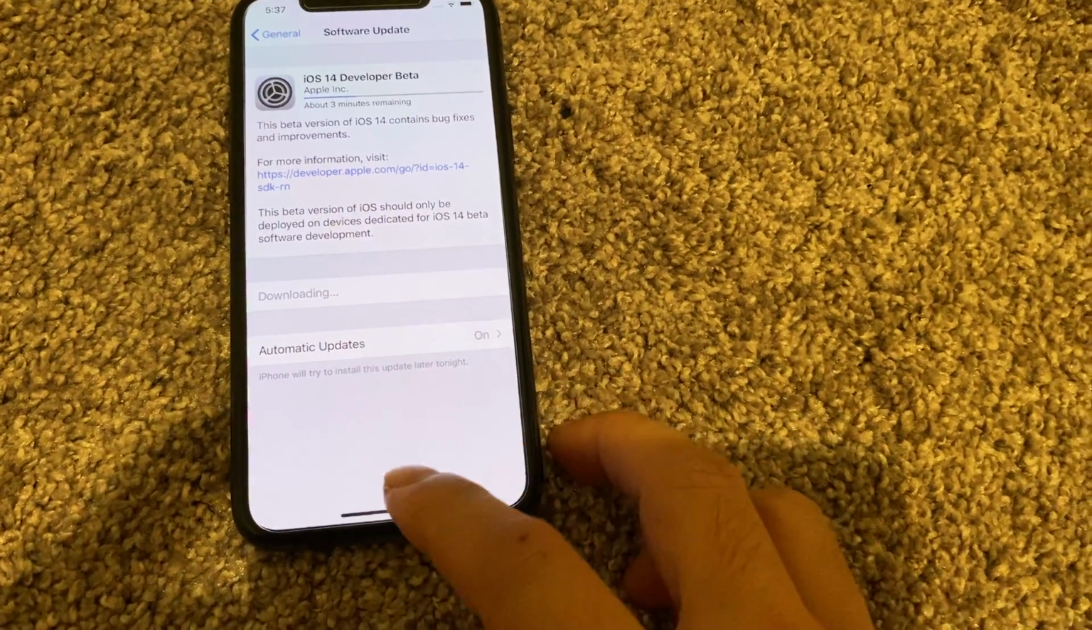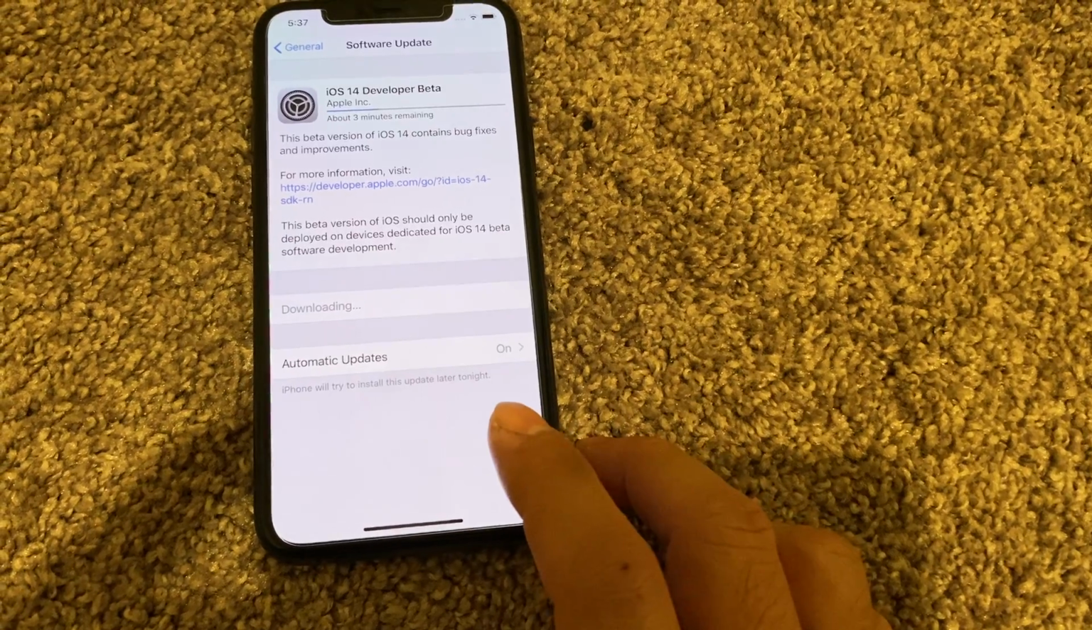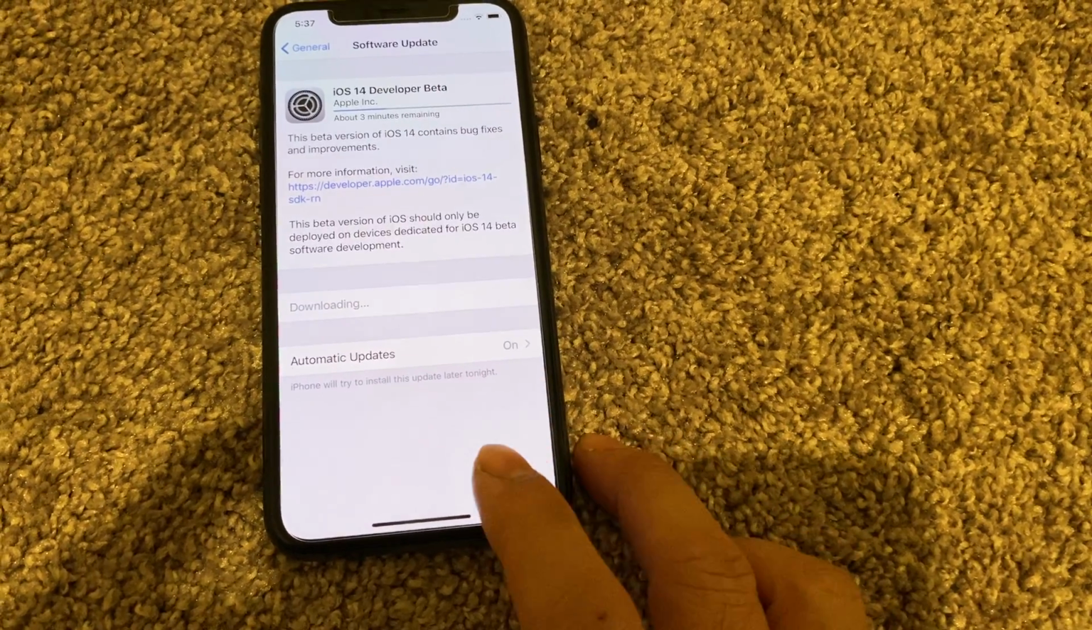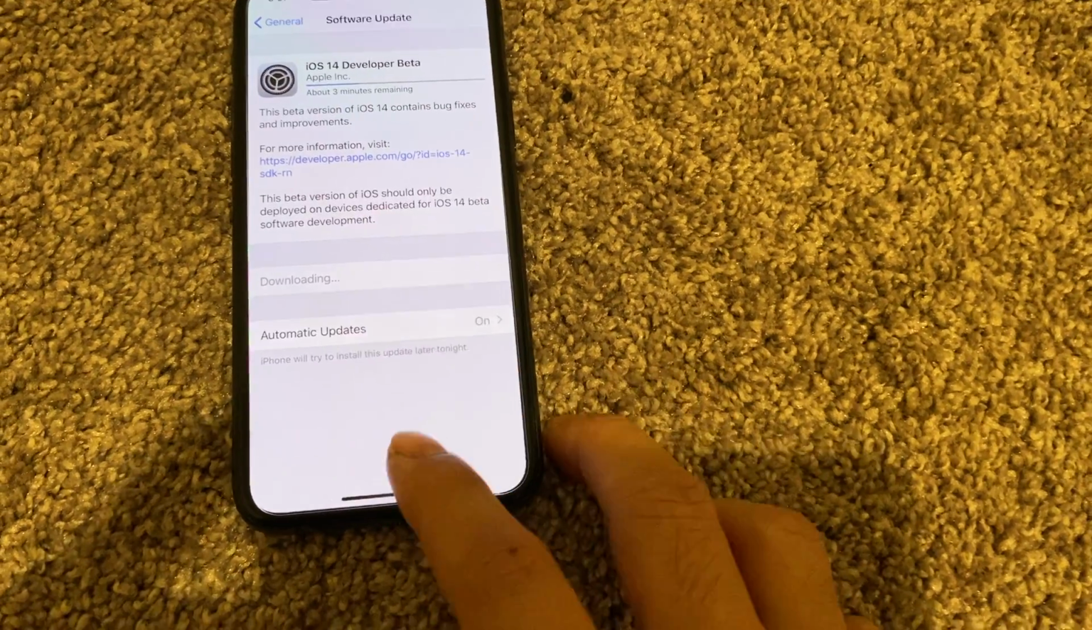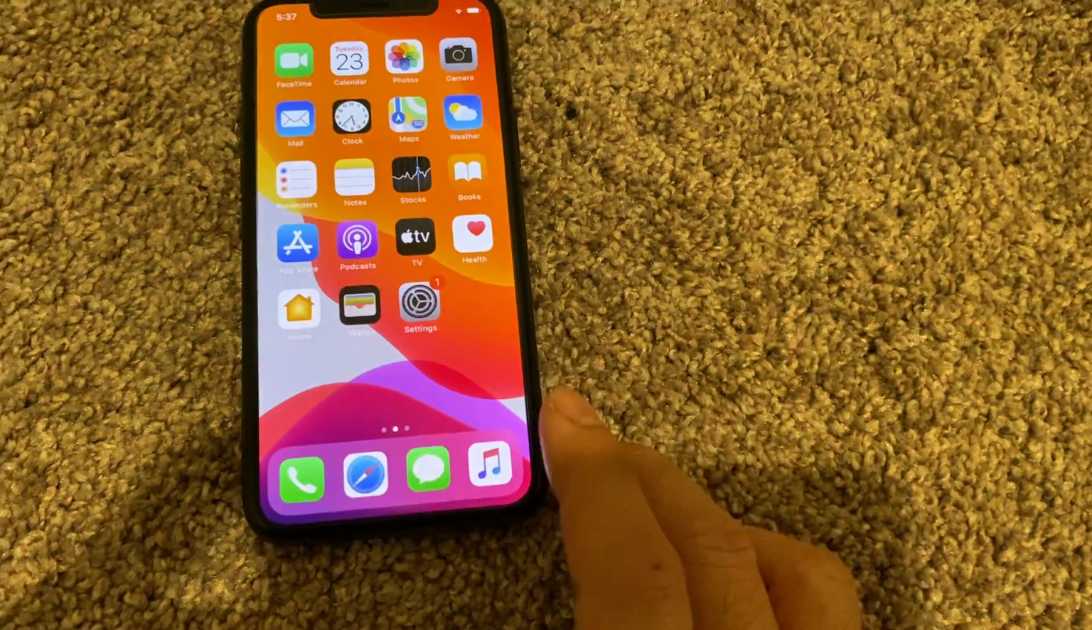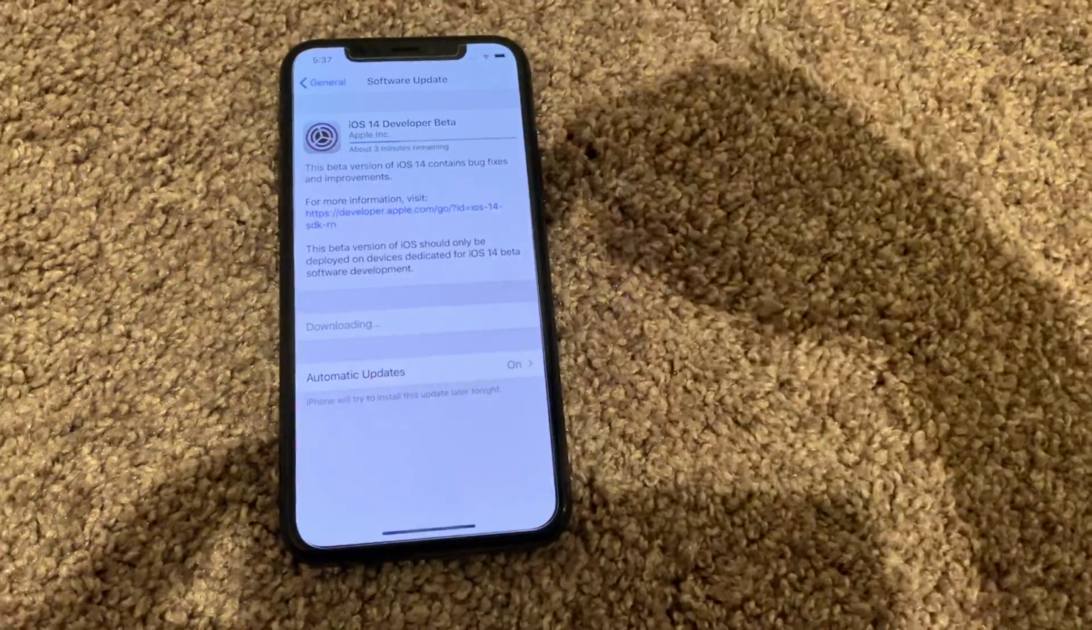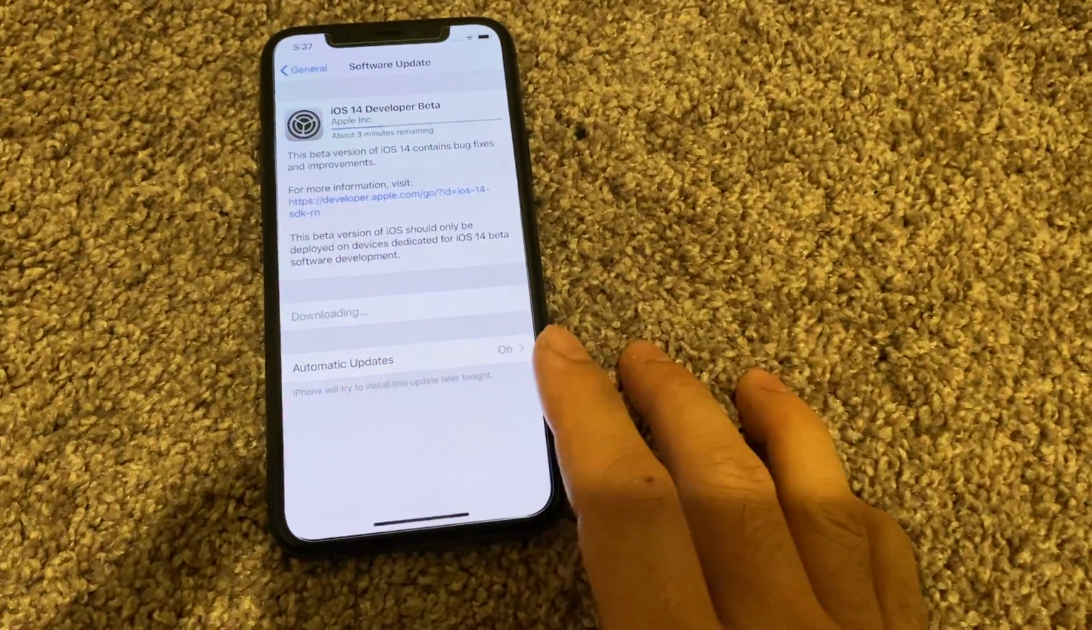So this is the way that you can install iOS 14 in the really early, basic stage. Okay, so I'm just gonna put the link in the description below, and yeah, if you can,